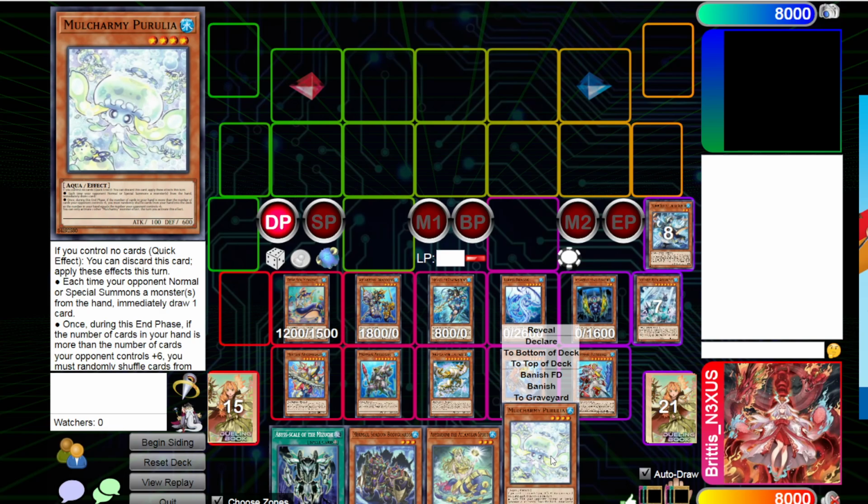As you guys already know, Mo Charming Parolia showed up in Infinite Forbidden. It is a hand trap that is being played in a few strategies. Why am I bringing up Mo Charming Parolia in this deck specifically? The reason I'm bringing up Parolia is because it is a water Aqua level 4 monster. And you might think that that is not a very big deal, but in a strategy like this one,